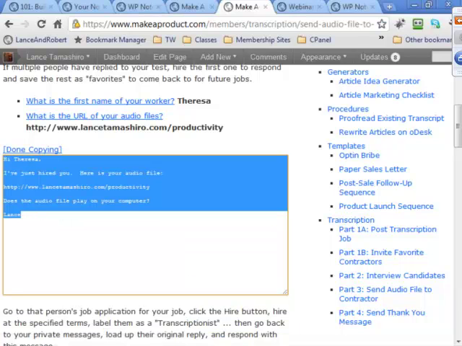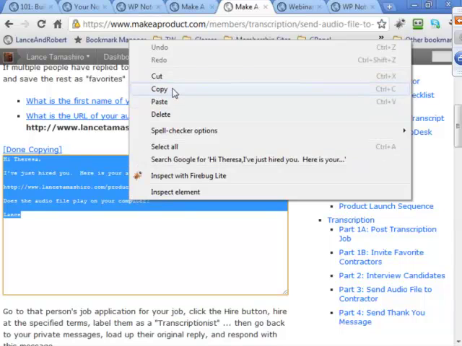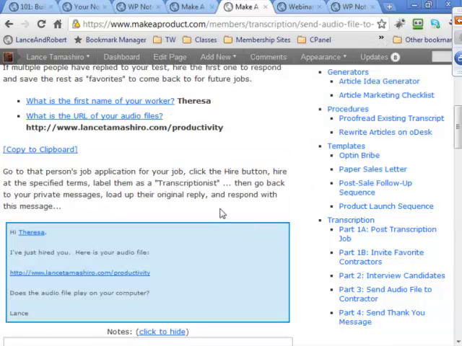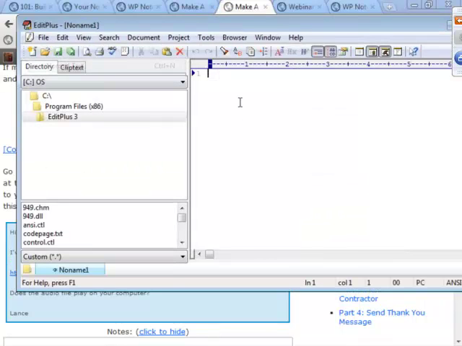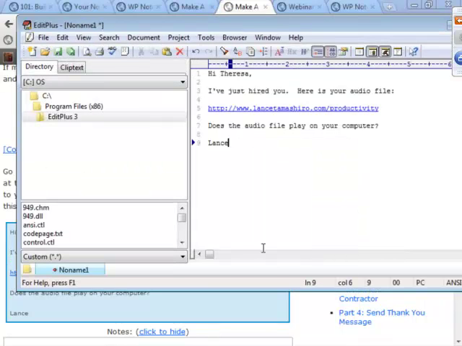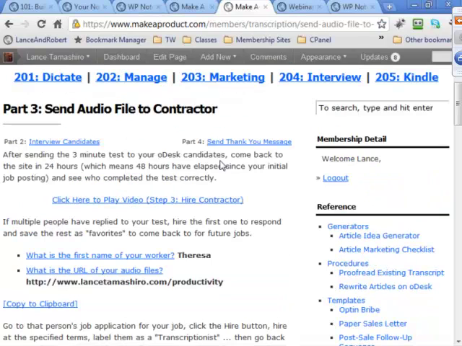I hit that. It automatically highlights the part that I want. I can right click and go copy, hit done copying, and now I've got exactly the part of the form that I want. So for example, I can go back here and now I can paste this wherever I want. I've got just the part that I want. So you can create these forms, and these forms can get even more complex.